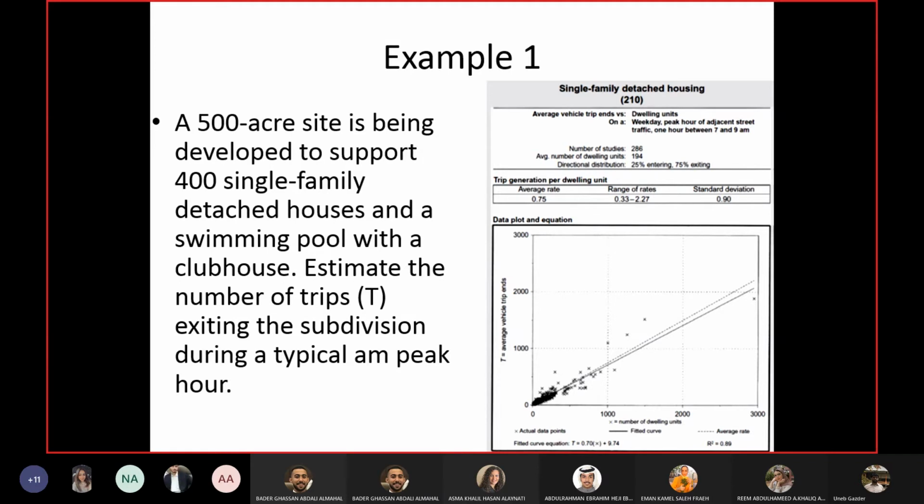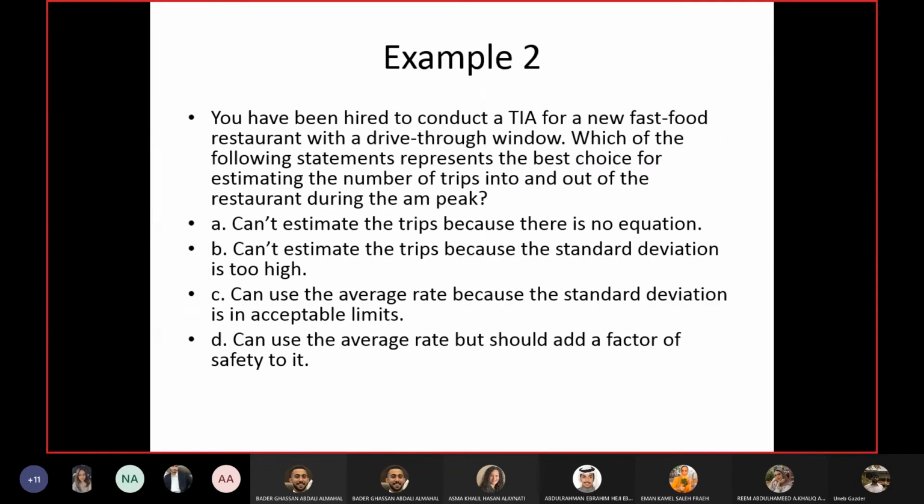Yes. If the R square was not applicable, then the average trip rate for this case was also not applicable. If the R square was saying that you cannot use the equation, then the average trip rate in this case cannot also be used. You have to keep this in mind. This is just for the sake of explanation. Obviously, R square is 0.89, we use the equation and this is fine.